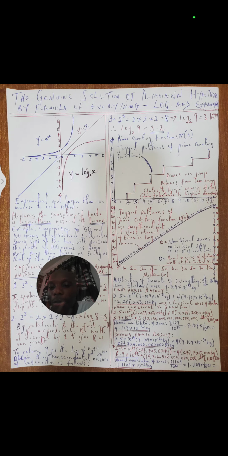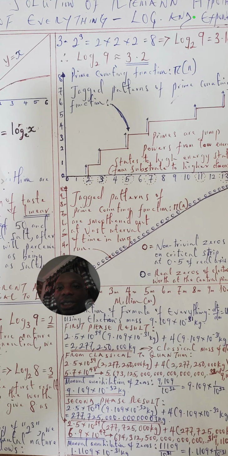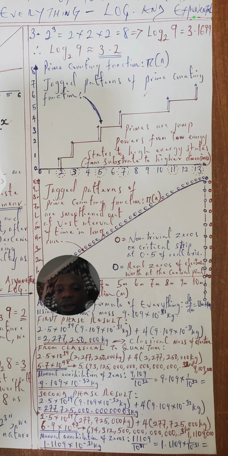So we have reaction of movement in time, and then we have reaction of that in energy. So when you look at this diagram, you can see that by having prime numbers to be jumping powers,